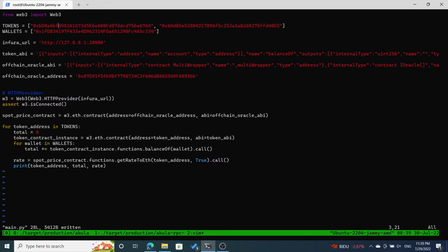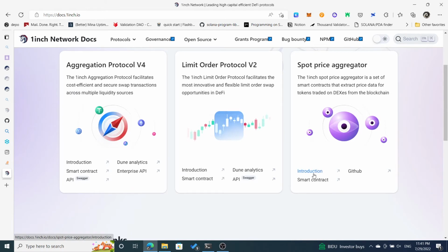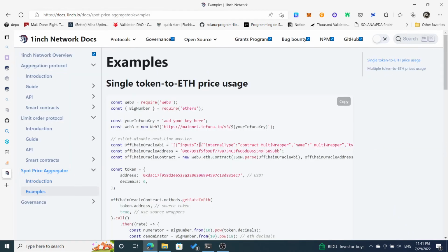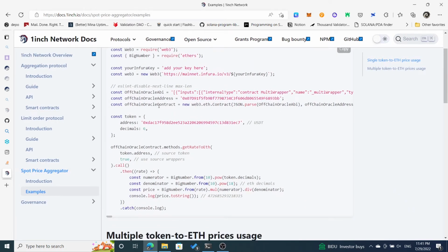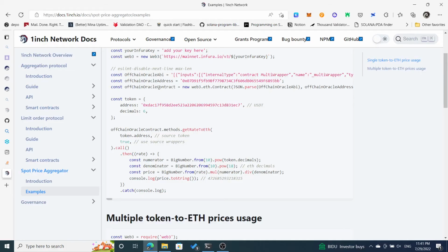Then the next line is the Infura URL. We are replacing it with our localhost URL where the Akula RPC server runs. The token ABI and off-chain oracle ABIs you can take from the 1inch documentation page. This is the spot price aggregator, maybe examples. Yeah, and you have these things here. So this is just this ABI and address also taken